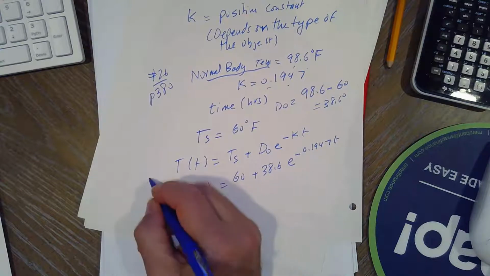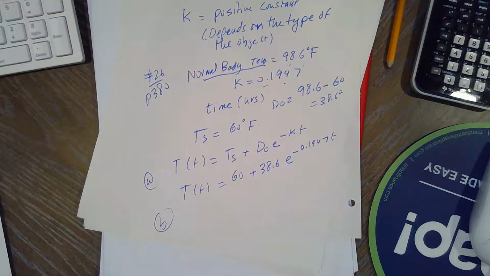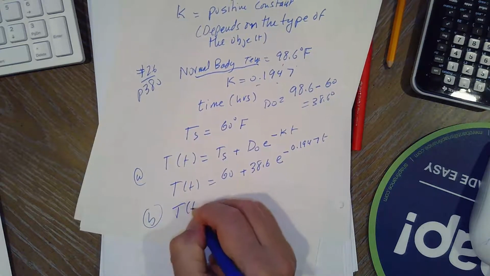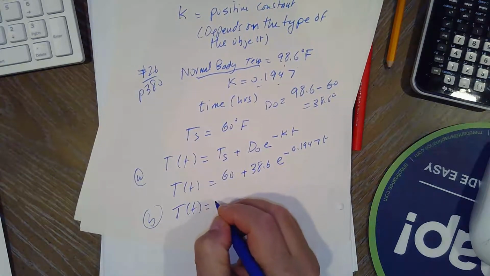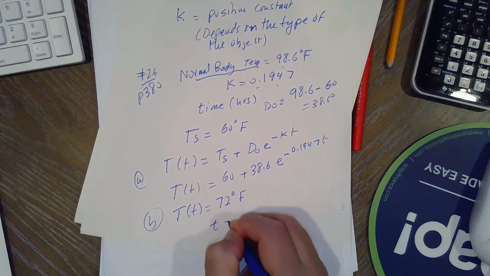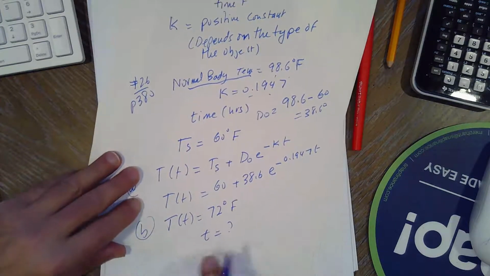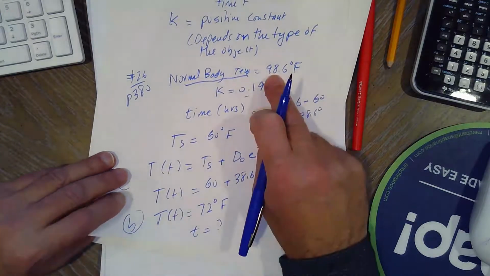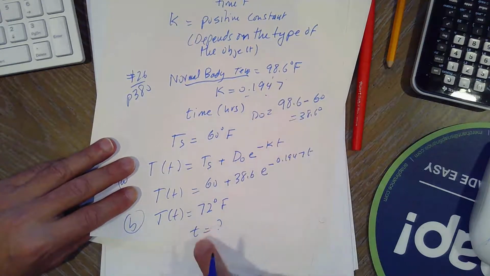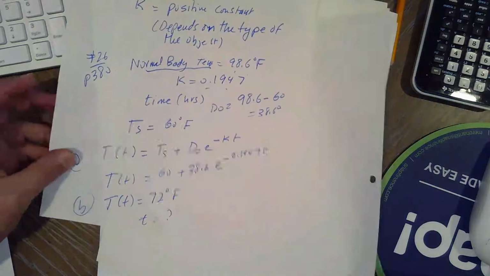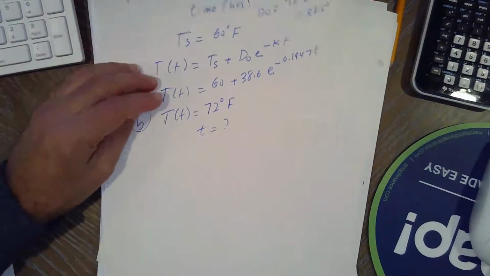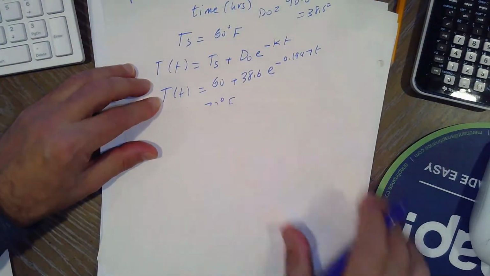So we found that formula. Part B: if the temperature of the body is now 72 degrees, how long ago was the time of death? So T of t is 72 degrees. We want to find the time of death. How long did it take for the temperature to cool down from 98.6 to 72? Well, there's the formula. T of t equals 60. We know T of